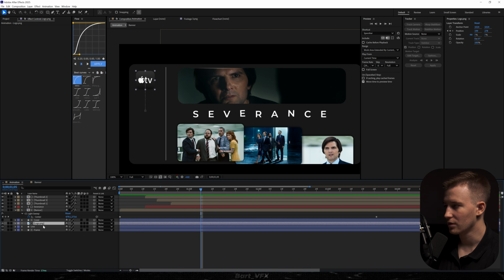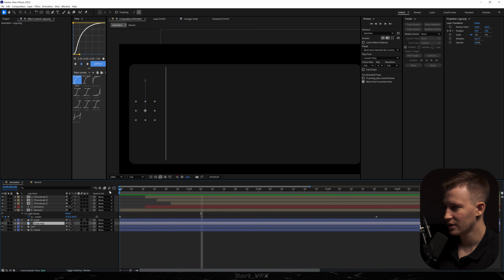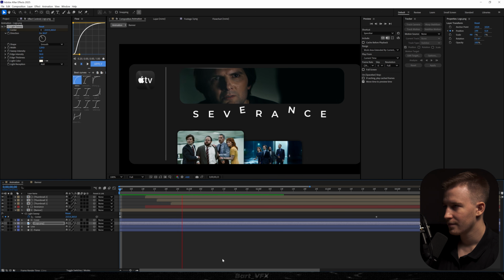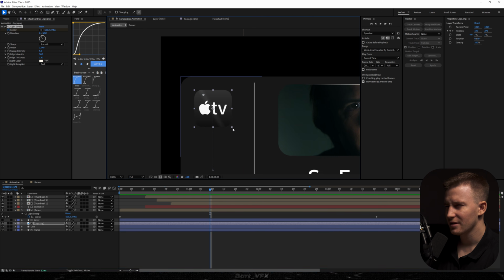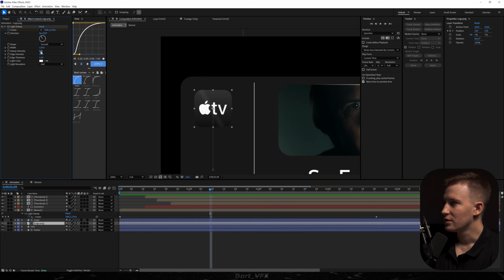And let's head over to our logo, and we're gonna do the same here. Just make sure that the time indicator is in the beginning. And that's what we have here. And I feel like here we can make some adjustments. So for this, I'm gonna definitely change the sweep intensity to 0. Also, I'm gonna turn off the center. So I'm just gonna hit the